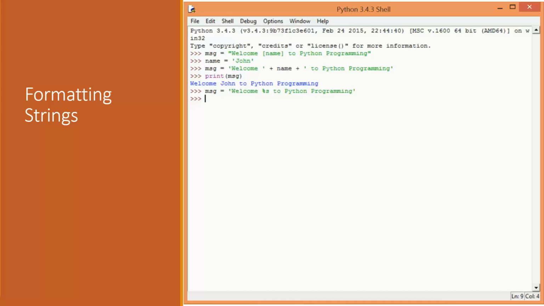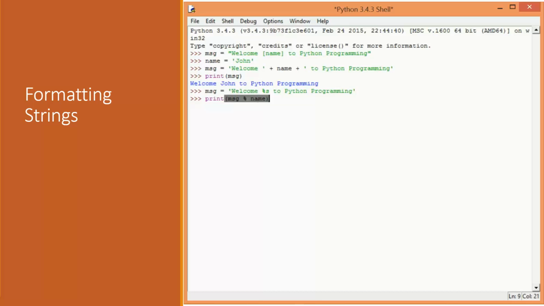And now, whenever I want to print the actual message to the end user for a different name, I can do something like this. Print message. And here, when I told Python that I'd like to replace this, when I come to want to print it or do something with it where I want the final product, the actual message with the name, I go the message template and then %, and then I put the string that I want replaced inside the original message where the %s was. So I go message, the string template variable, %, and then the replacement part or parts, in this case